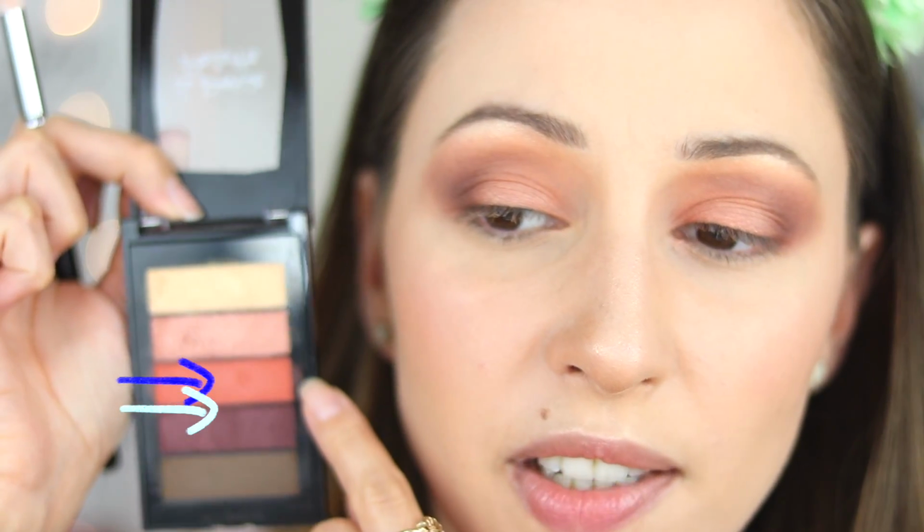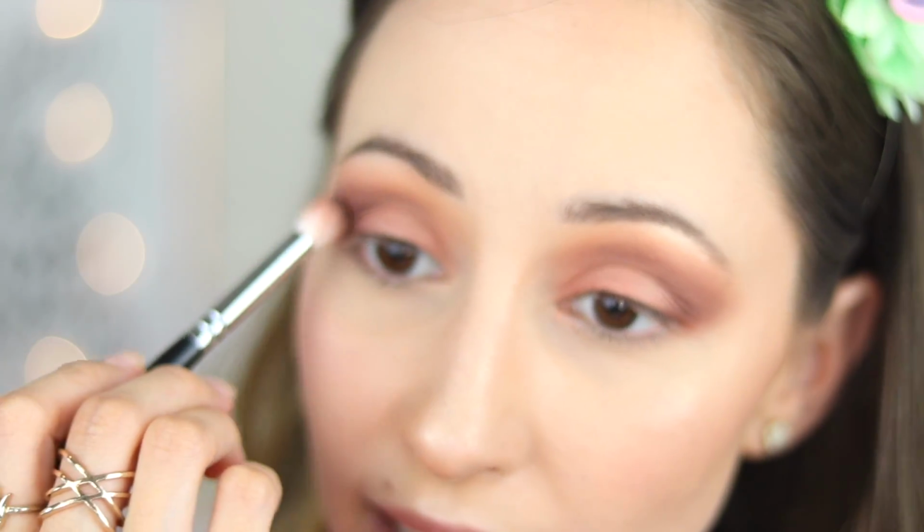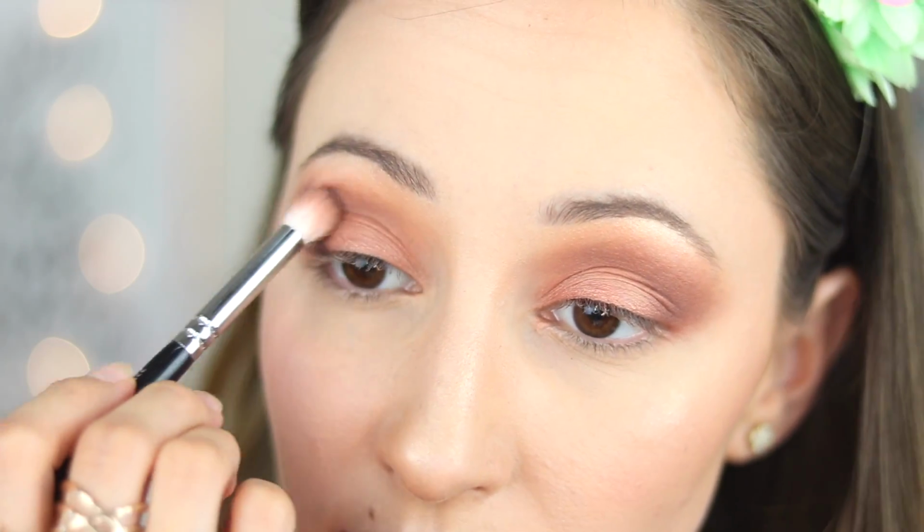These two colors together look a little bit muddy on my eyes and they are not very easy to blend. So I will apply a little bit more on this eye. I feel that my eyes are not the same. So I lost the intensity of the orange eyeshadow and I will apply a little bit more on the edges